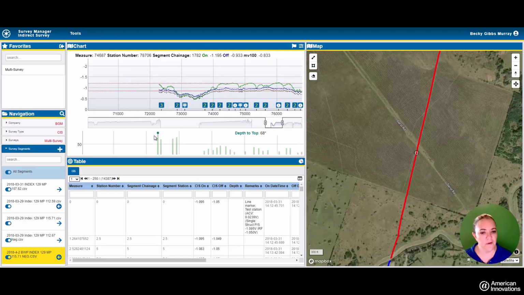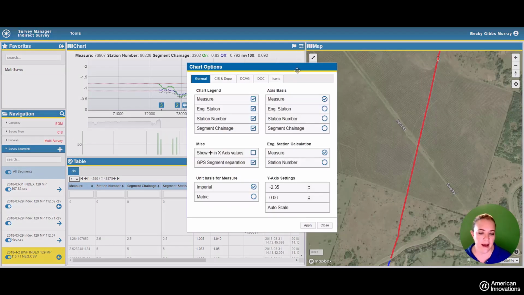Next up for indirect survey, we are going to be talking all about this chart area here and some of the capabilities available to you in the chart area. First, we'll talk about chart options, and so that's accessible from this little chart option icon here. And that'll add the ability for you to select whether or not you want things shown in the chart legend up here. It'll allow you to change the basis for your x-axis, and so you can say whether or not you want it to be shown by station number, engineering station, segment chainage, or measure,